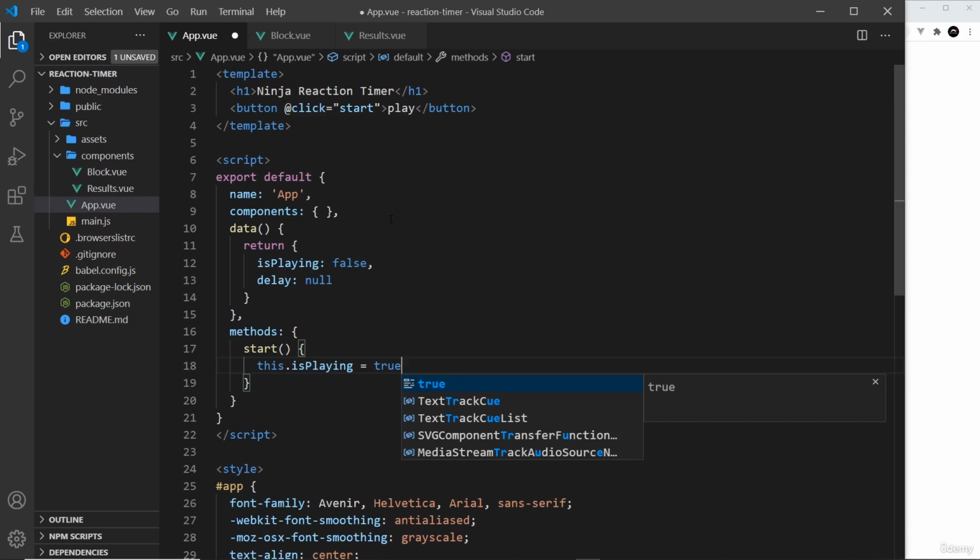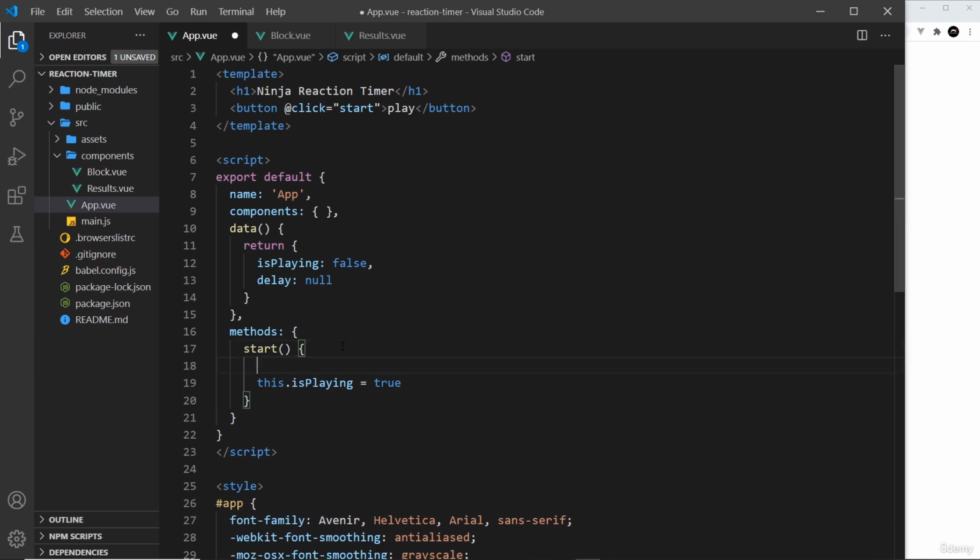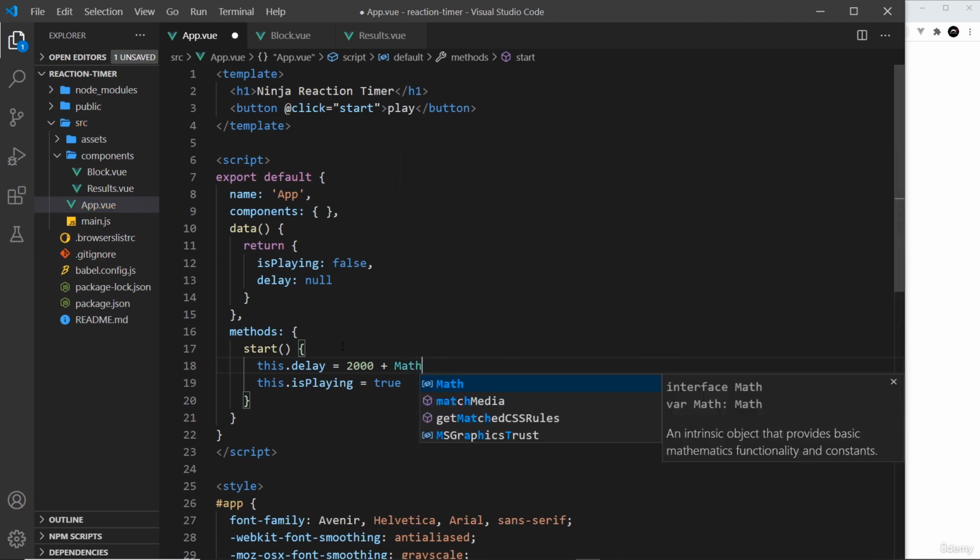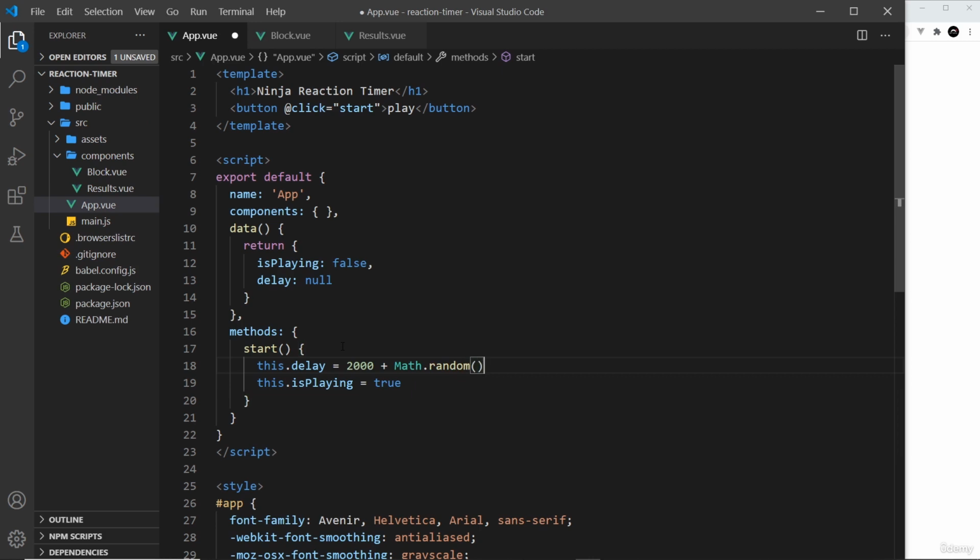The next thing I want to do is set the delay, and in fact I'll do that above isPlaying. So I'm going to say this.delay is equal to something. Now I want this to be a random amount. Now what I'll do is say 2000, and this is in milliseconds, that would be 2 seconds. So we'll have a 2000 millisecond base time, and that's the smallest amount this delay is going to be. But then we're going to add another random amount onto it. And to do that, we take the Math object that's available to us in JavaScript and use the random method. That gets us a random number between 0 and 1, for example, 0.64327, right? And then what we want to do is times that by 5,000,